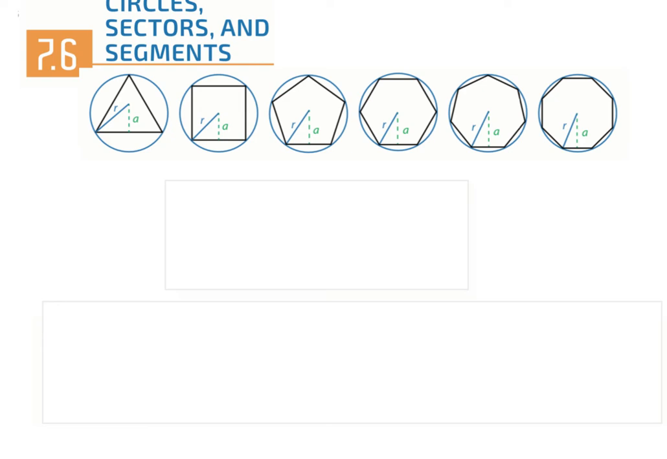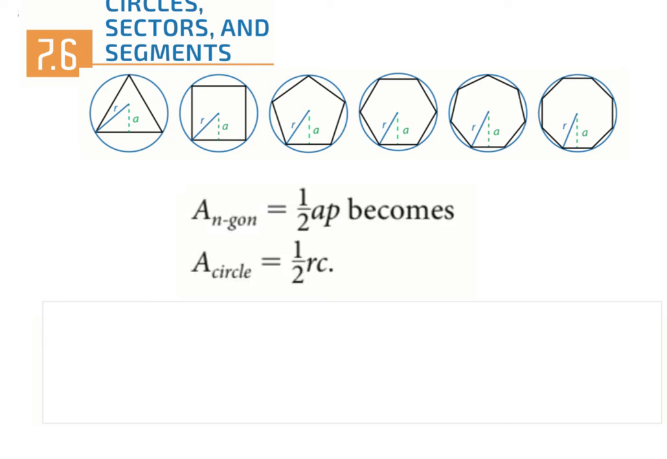We have done regular polygons, 1/2 apothem times perimeter, and they show this progression here. We have a 3-sided, 4, 5, 6, 7, 8, so on and so forth. And you can see that they all work: 1/2 the apothem times the perimeter, okay? 1/2 the apothem times the perimeter. And so how this progresses then for a circle is